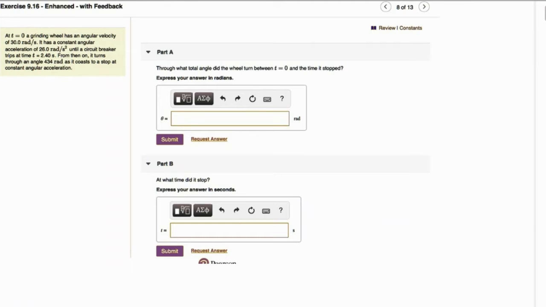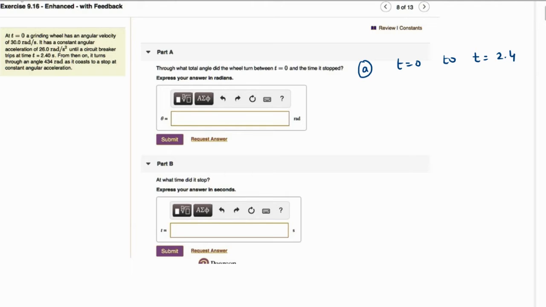In this question, at t equal to 0, a grinding wheel has an angular velocity of 30 radian per second. It has a constant angular acceleration of 26 radian per second squared until a circuit breaker trips at 2.4 seconds. And from then on, it turns through an angle of 434 radian as it goes to a stop at a constant angular acceleration. So there's the total angle which it has moved. That's part A. So from time t equal to 0 to t equal to 2.4, let's find out how much